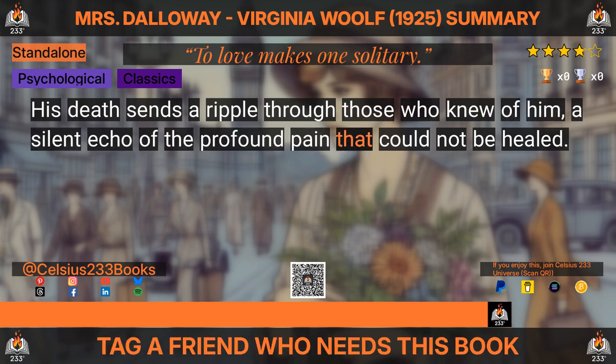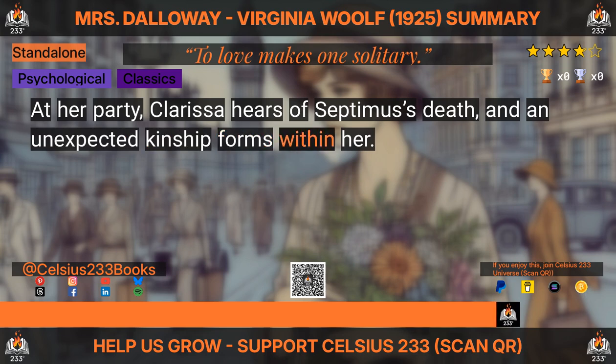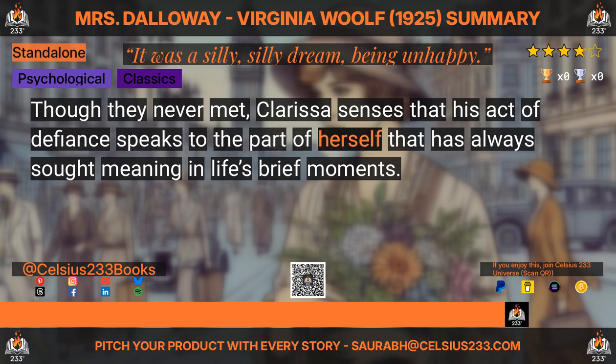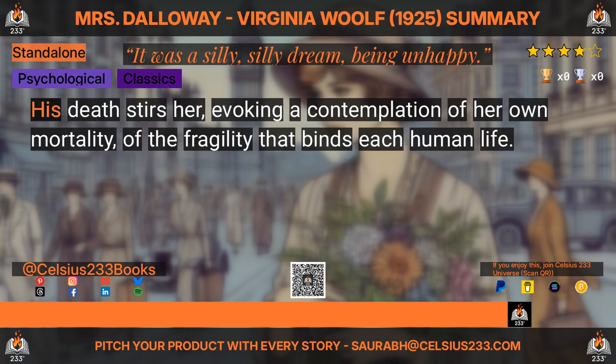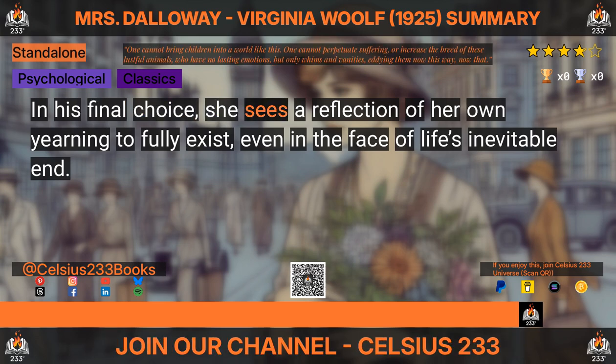not be healed. At her party, Clarissa hears of Septimus's death, and an unexpected kinship forms within her. Though they never met, Clarissa senses that his act of defiance speaks to the part of herself that has always sought meaning in life's brief moments. His death stirs her, evoking a contemplation of her own mortality, of the fragility that binds each human life. In his final choice, she sees a reflection of her own yearning to fully exist, even in the face of